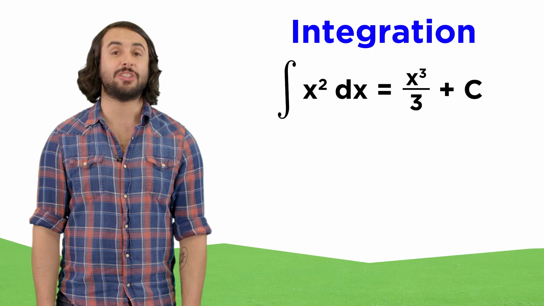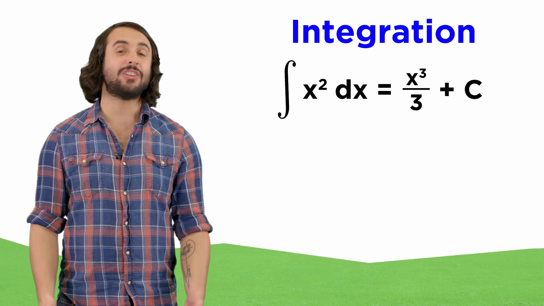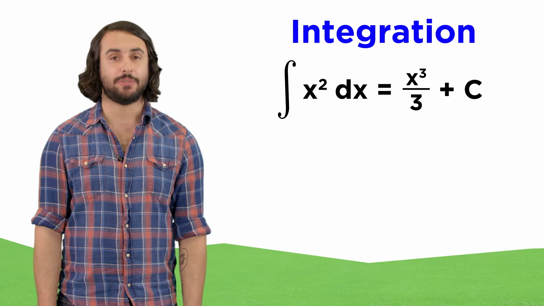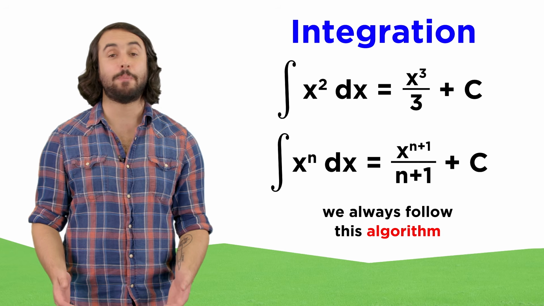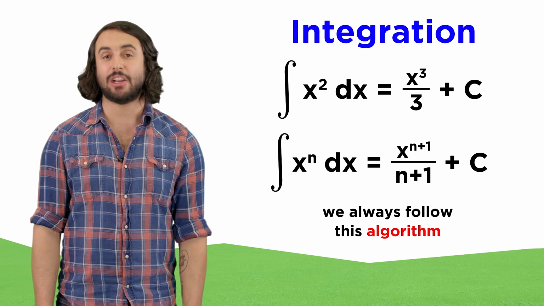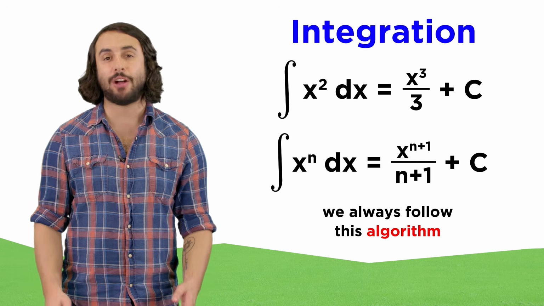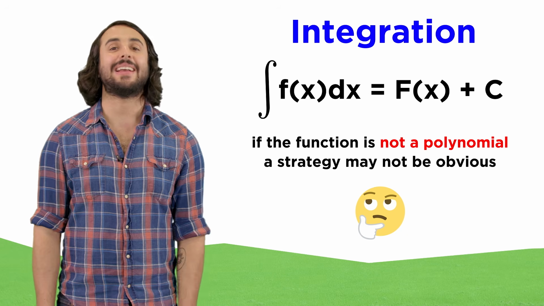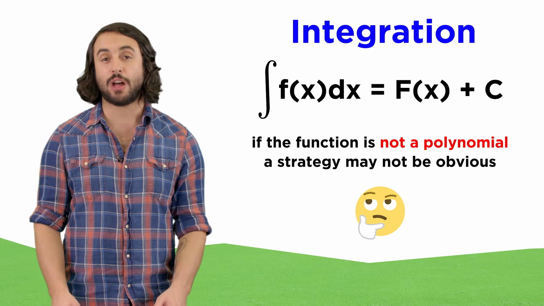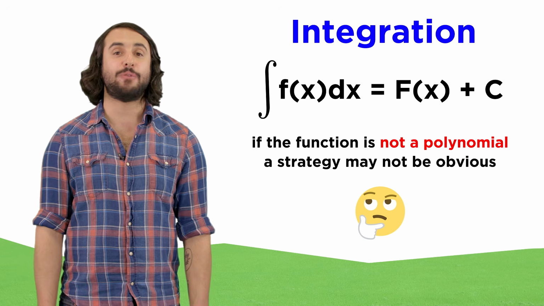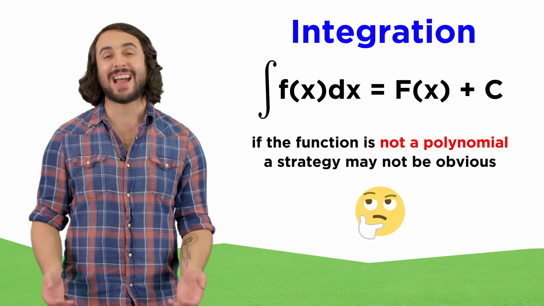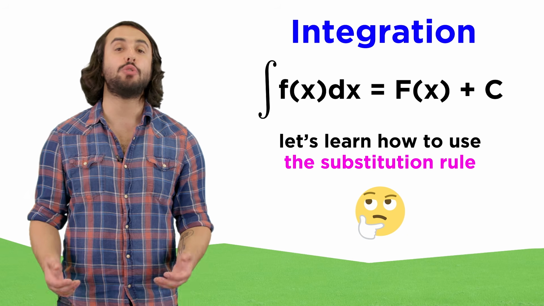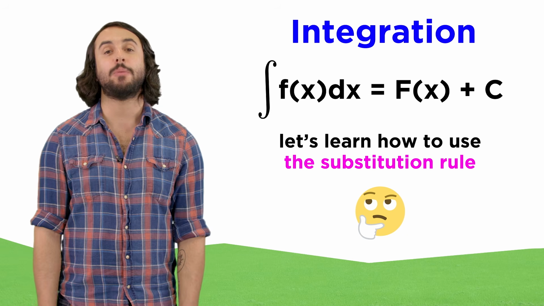Hopefully we've gotten used to integration by now, and even feel that integrating polynomials is as easy as taking a derivative. This is because integrating a simple polynomial, much like taking a derivative, will follow a simple algorithm that never changes. But this will not always be the case, as integration doesn't always follow such a rigid algorithm. And in fact, there will be times where it is not immediately obvious how to do it. In such a case, there are a few tricks we can use, and the first one we will learn is